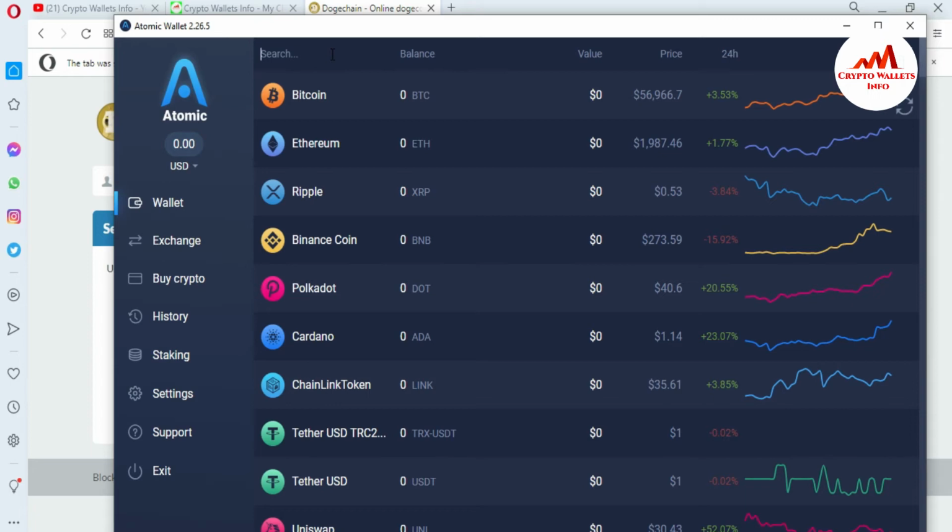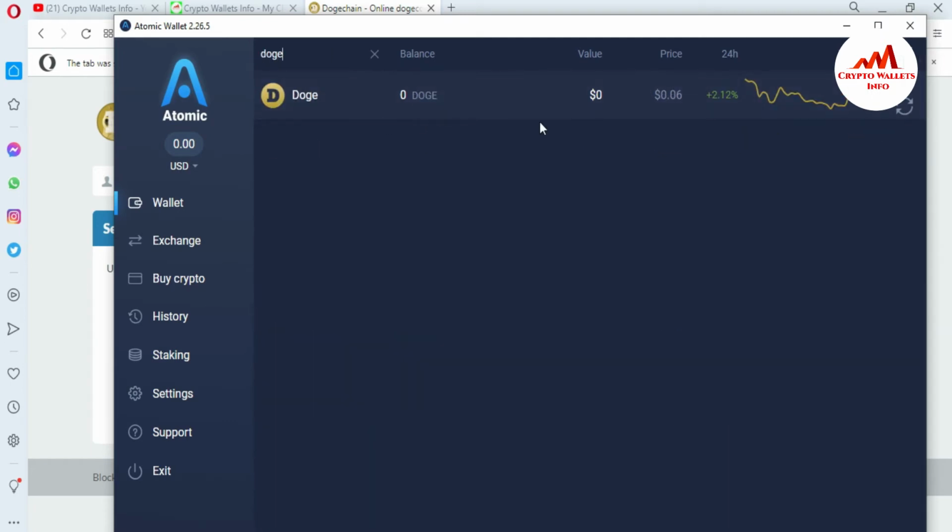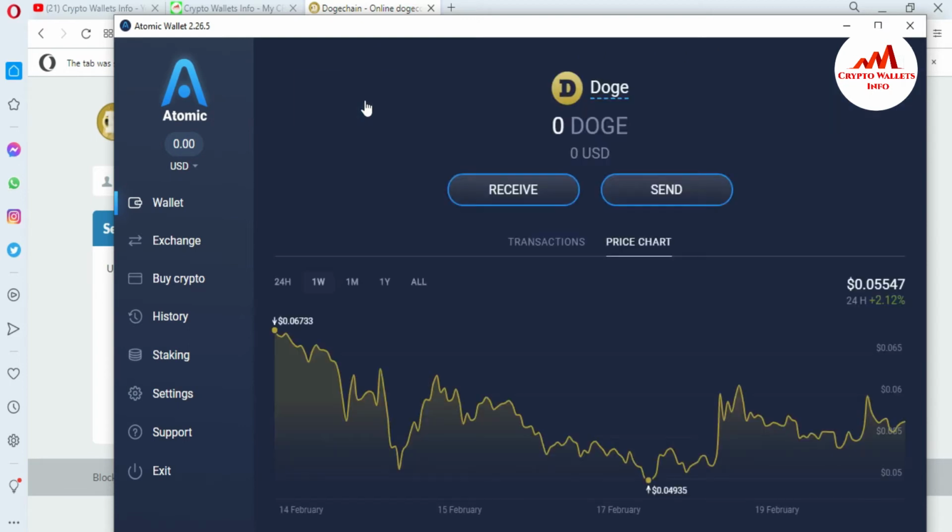Therefore, you can also use the same scenario with your exchange. First you need to log in to your exchange. After that, you search for the coin Dogecoin, then get the recipient address. So first I need to search for Dogecoin. You can see here Dogecoin is open in front of me. I need to click on it, and you can see here there are two buttons available. First is Receive and second is Send.